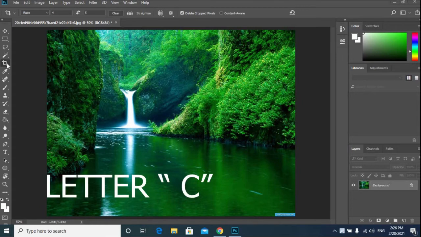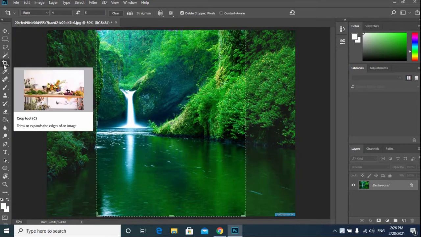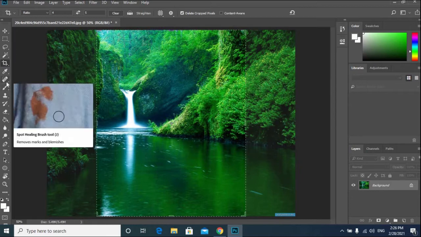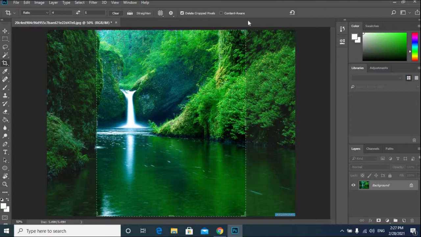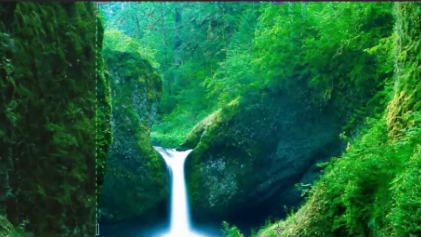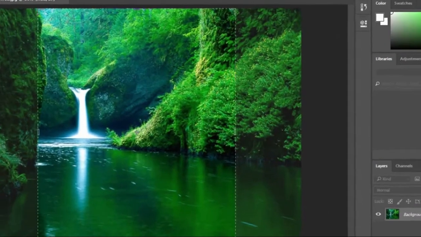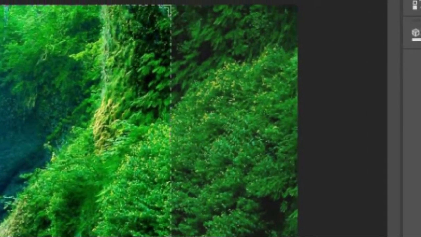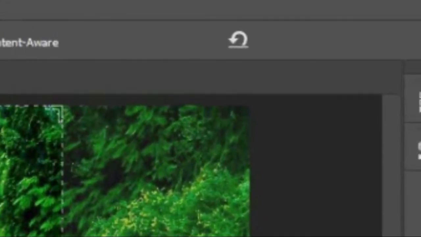As soon as you select the crop tool, you will see that a cropping border is around the image, and if you used the crop tool on a previous image, the border will be set to that previous size. So before we go further, let's reset the crop tool to its default settings. In the option bar, we see that I cropped my last image as 4:5. To clear the previous setting and restore the crop tool to its default, right click and choose Reset Tool